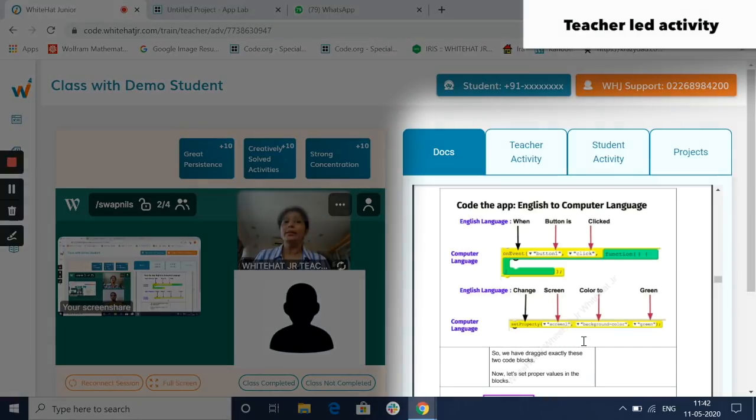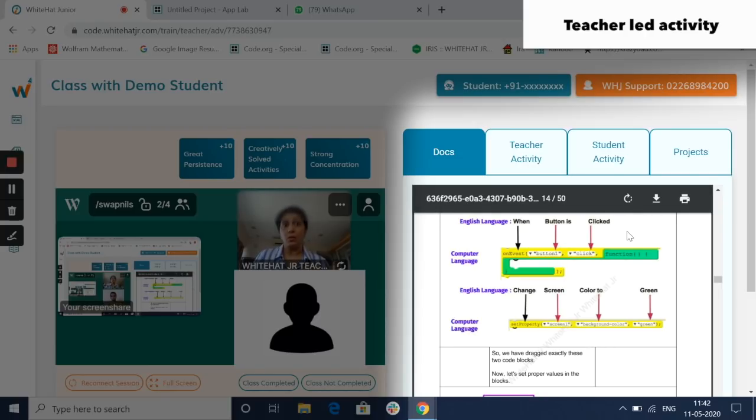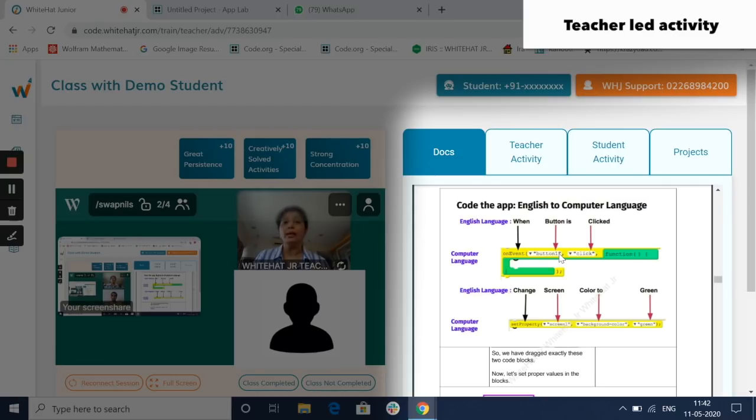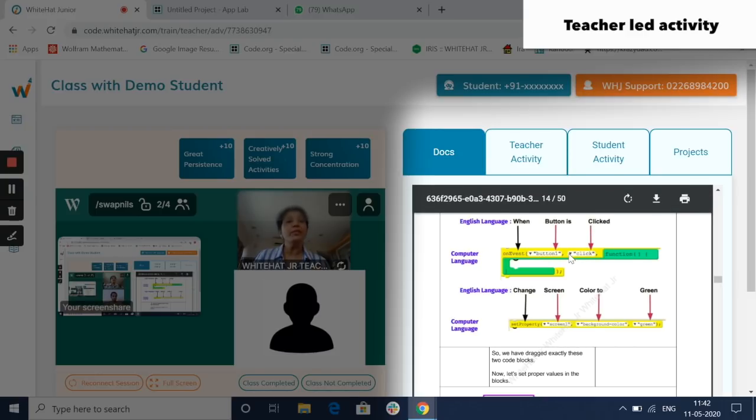Okay, so let's look at this. My screen. Are you able to see my screen? It shows how English language translates into a coding language. We have to do when a button is clicked, which in computer language means on event. When means on event of what? Button. So you select the button one here or the ID that you have given. What have we given as ID? We have done BTN click. You remember? When the button is clicked. So which event? Click event. That was step 1.